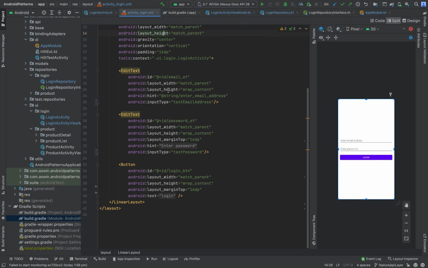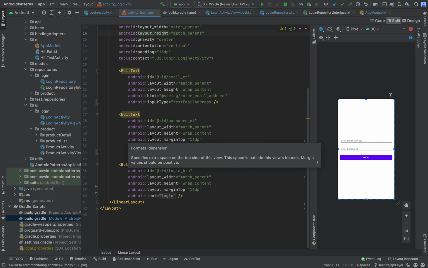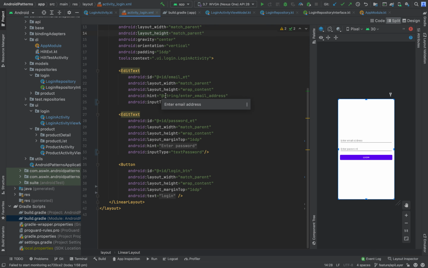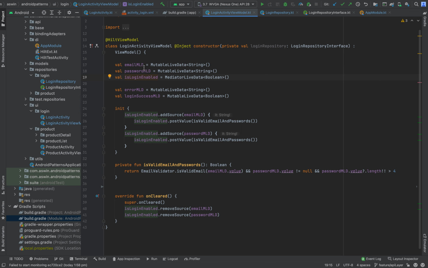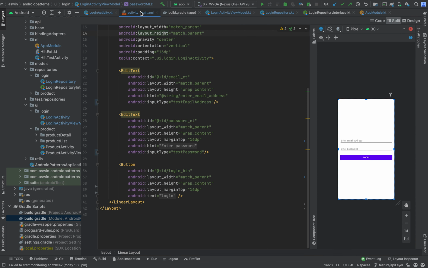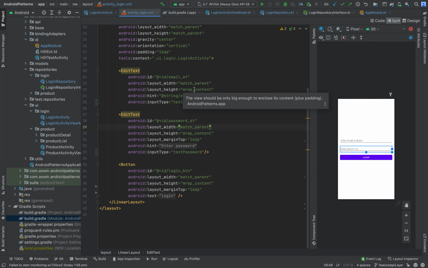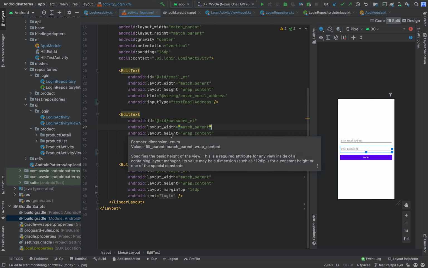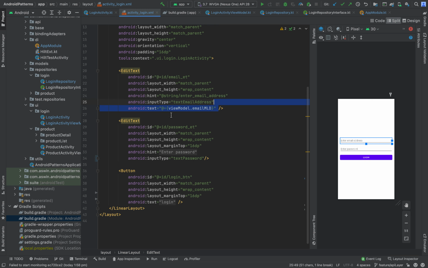In this case, email and password is an input field, so that when user types, we need to update the value in the view model for email mutable live data and password mutable live data. To set it as a two-way binding, we need to set it with @={}. That denotes it is a two-way binding.